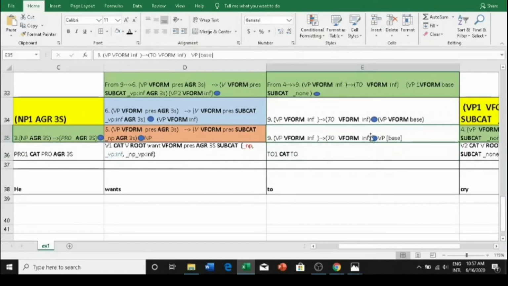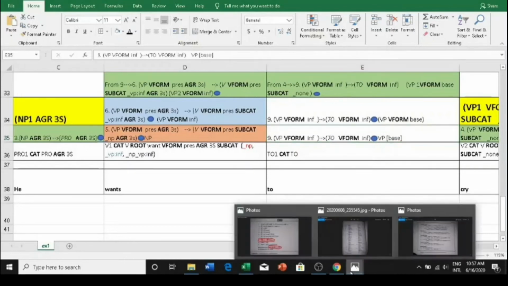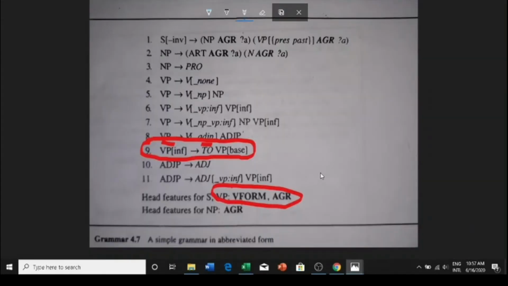So this rule is written, and we are going to instantiate the right hand side of this rule with the lexicon entry that we got for to. Okay, so this is now instantiated. So once this is done, the categorization information is only available, but that is not required here. And you should remember what all things are shared by VP and to. It shares vform and agr.